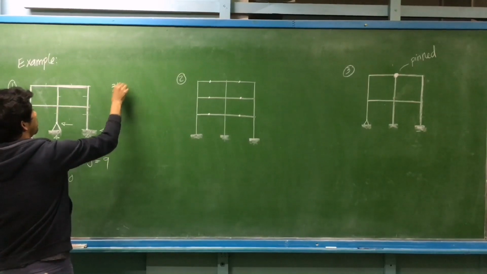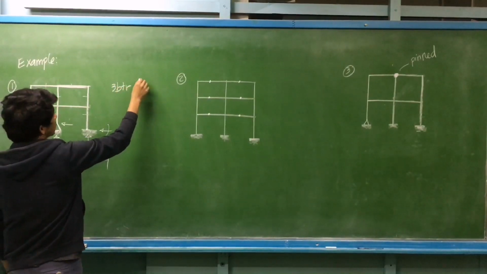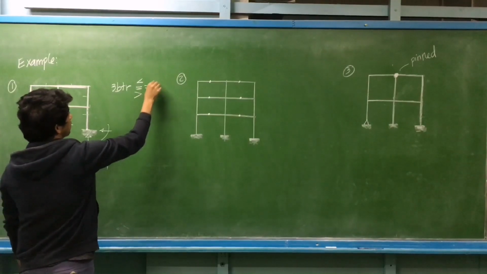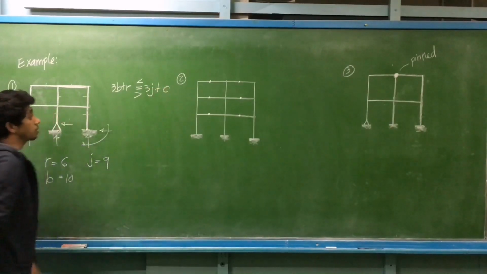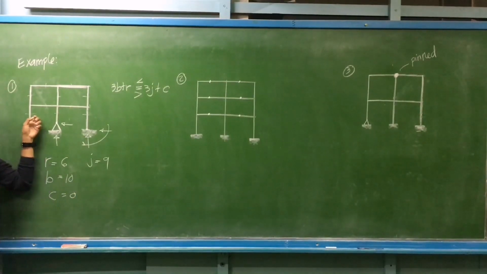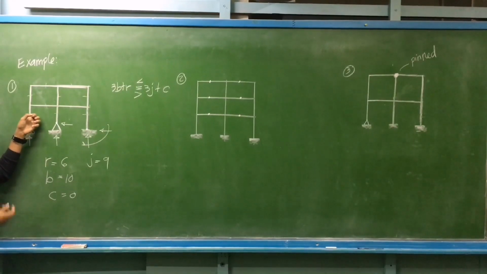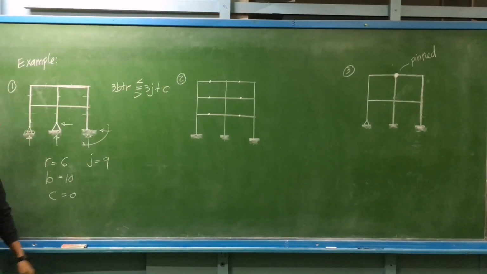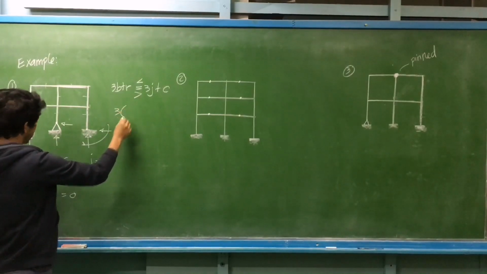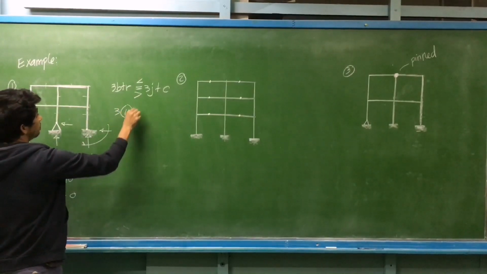We have 3 times the bar members plus the number of support reactions is less than, equal to, or greater than 3 times the number of joints plus the value of C of the condition. So C is equal to 0 since we don't have an internal pin or an internal roller. So I think this will be greater than. This is 3 times the number of bars, we have 10, plus